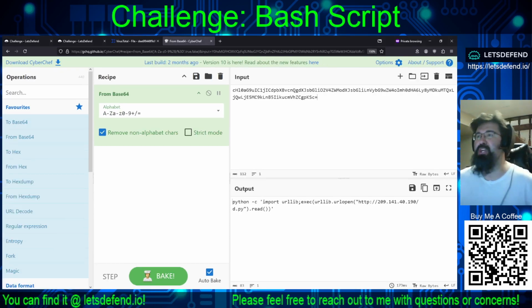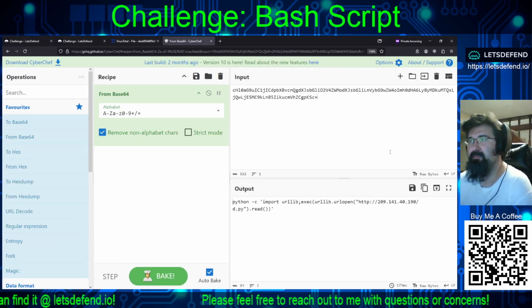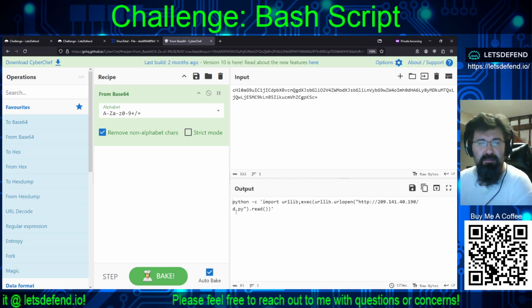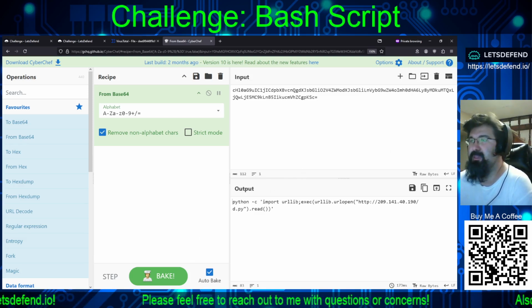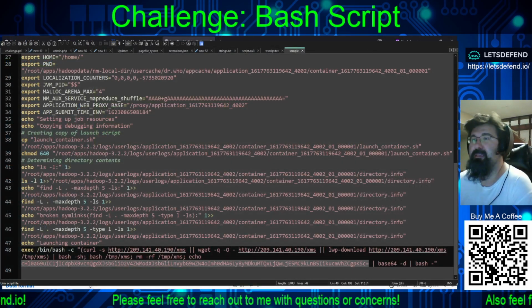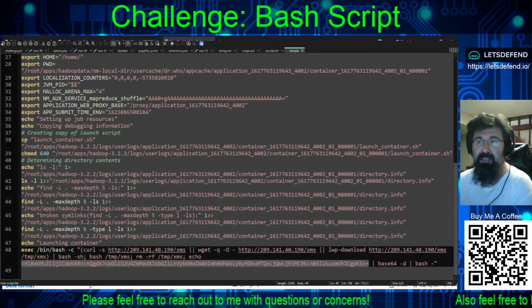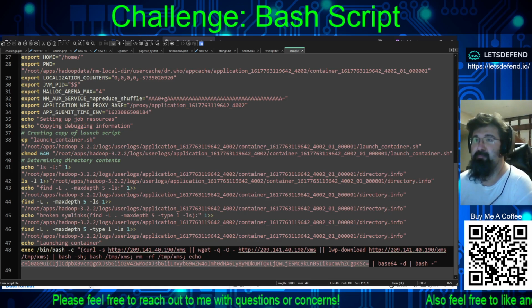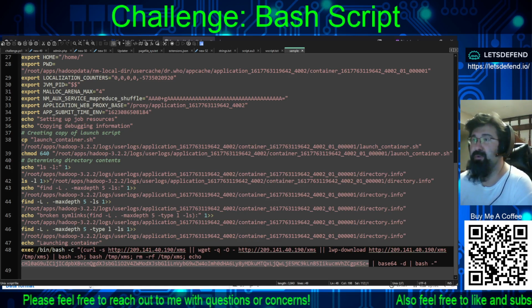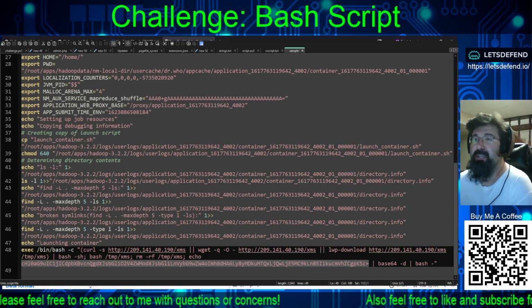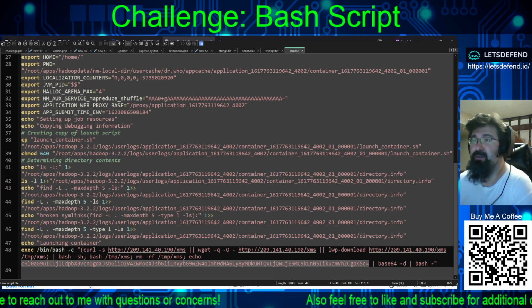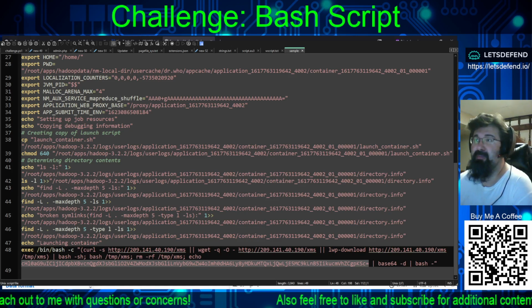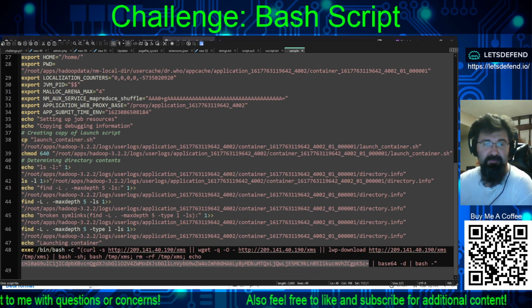I'll make this bigger. So again, what we're doing is we are taking the base 64 string, the highlighted section down there at the very end of line 48. So we get the whole aspect that it tries different methods to go through and pull down this XMS file, which